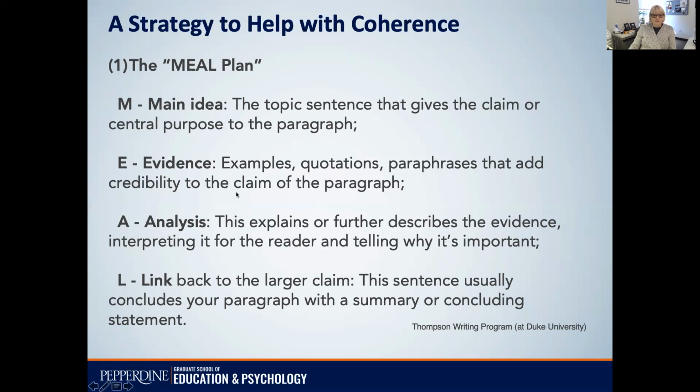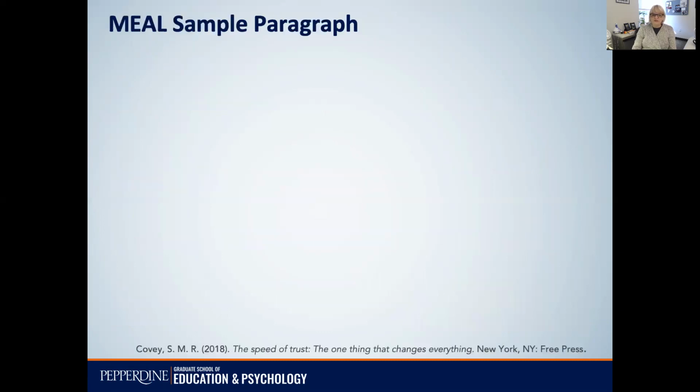And I just want to note that if you only wrote 4 sentences in a paragraph, that'd probably be a little short. So oftentimes what actually happens is you have your main idea and your link at the beginning and end, but then this section is beefed up. So maybe you have an evidence and analysis, another evidence and analysis, or maybe each of those take more than one sentence. So now let's look at some samples and see how this works in real life.